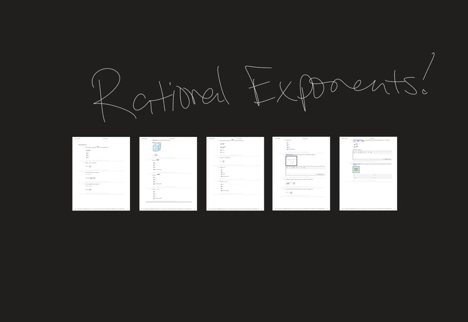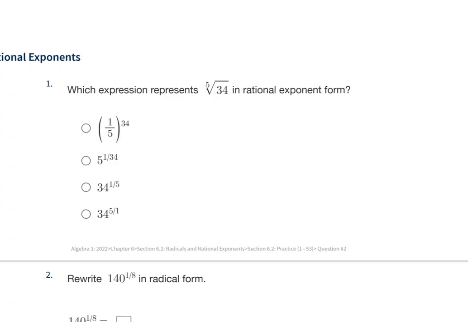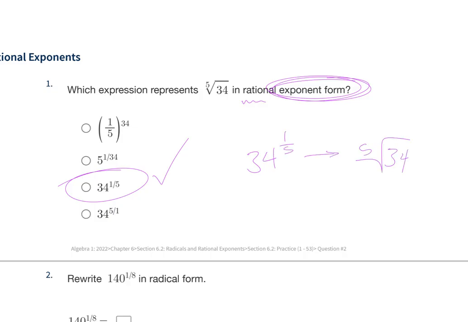All right, rational exponents. Here we go. Number one, which expression represents the fifth root of 34 in rational exponent form? That would be 34 to the 1/5 power. That's it. How? Because if you were to start with 34 to the 1/5 power, that's exactly how I would go to that. So if you're like, I'm still a little confused, this is the radical form, and this is the exponential